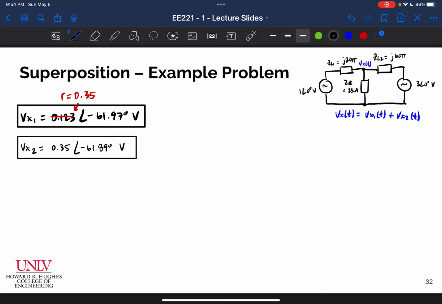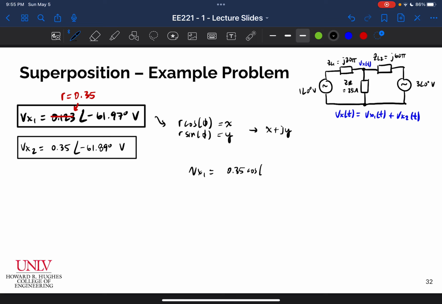So again, addition for complex numbers is much easier when we're not in the phasor domain. So let's go ahead and convert these back out of the phasor domain. We know that r cosine of theta, or phi in this case, is equal to our x value, and r sine of phi is going to be our y value, where these two create our x plus jy complex number, right? So for Vx1, we can rewrite that as r, so it's going to be 0.35